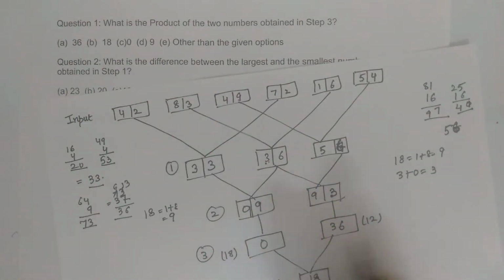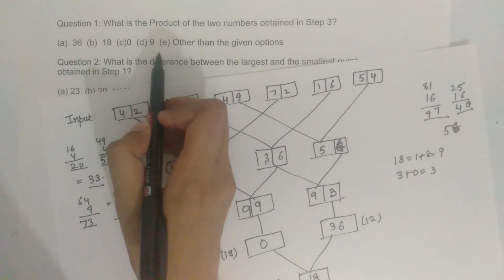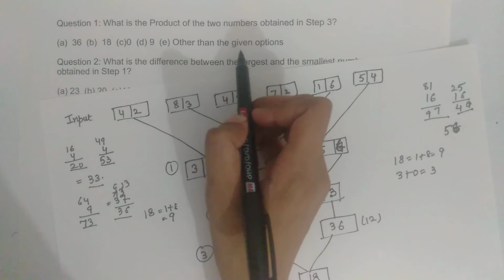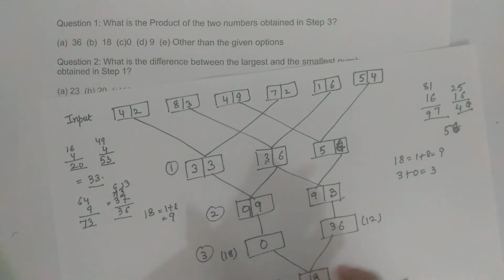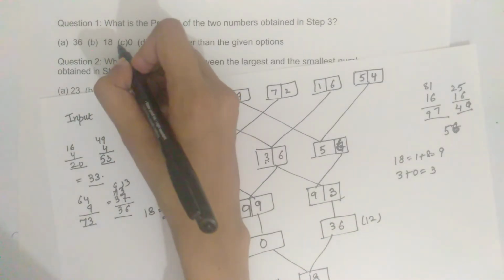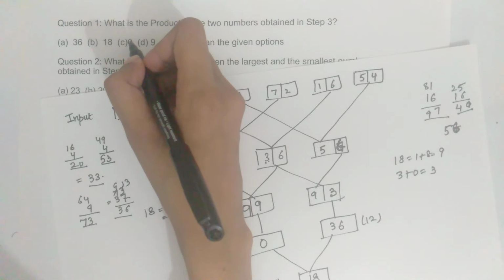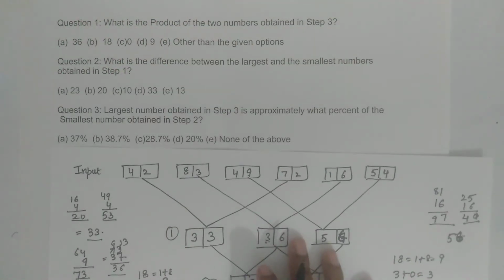Now the other is 18 multiplied by 2. When we multiply 18 by 2, we are going to get a 3-digit number which is not in the options. But yes, there is also an option other than the given options. So you can mark any logic from here. But here it is clear that this option is available. So we will mark C, 0 over here. Fine. Now see the next question.